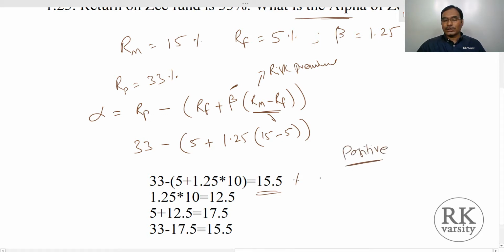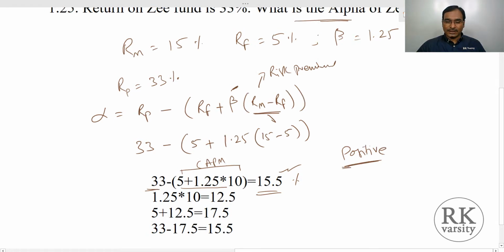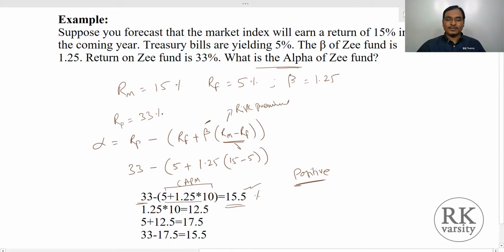So the stock is giving you a positive return of 15.5% after making adjustment to the risk, that is the expected return calculated using the CAPM model. So this part is your CAPM model, and this is the realized return on a portfolio. On making the adjustment, if this is giving you a positive, this indicates that this particular stock or fund is performing to the expectation of the fund managers, and as this is positive and the value is higher, fund managers prefer to invest into this stock.